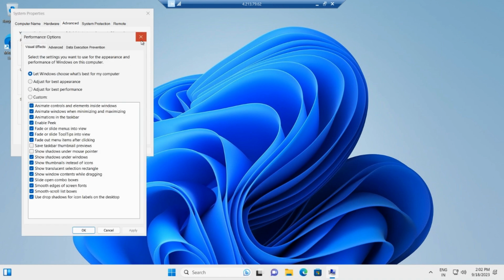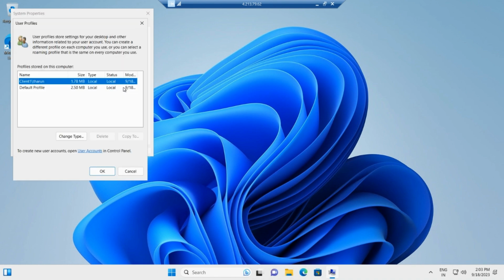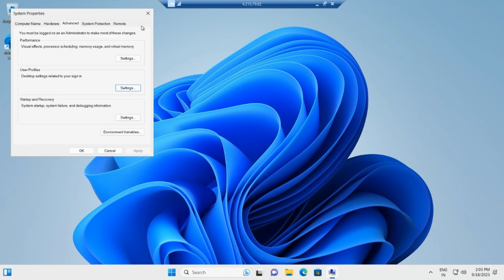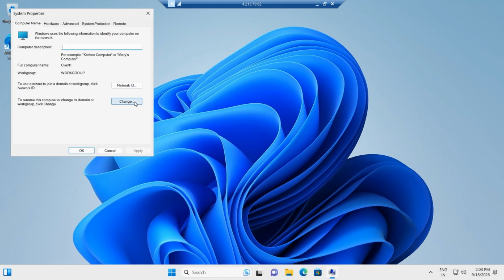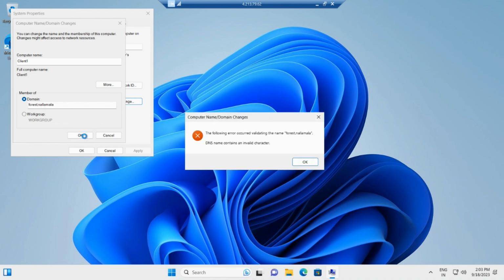Settings. No, not this one. User profiles. Not this. Computer name. Yeah, here. This one. Click on this. Here, member of, add to domain, and how to add it. Which one? Yeah. So now when I click on this, it will ask